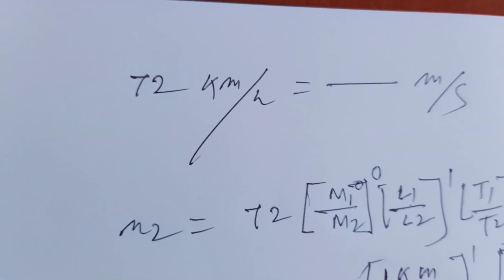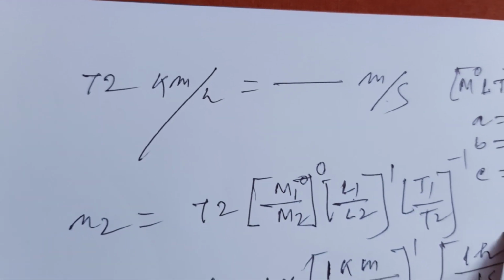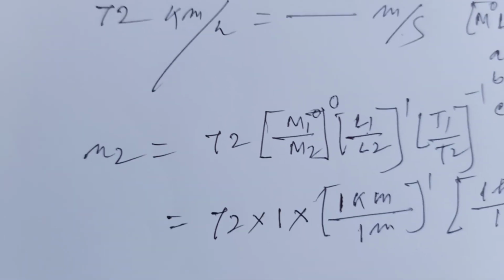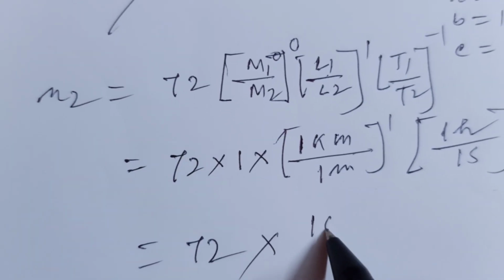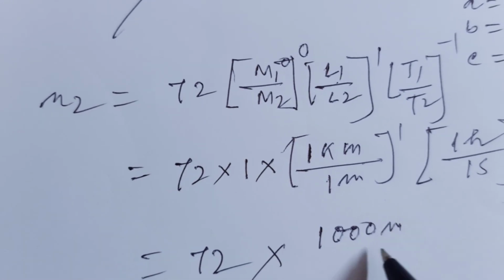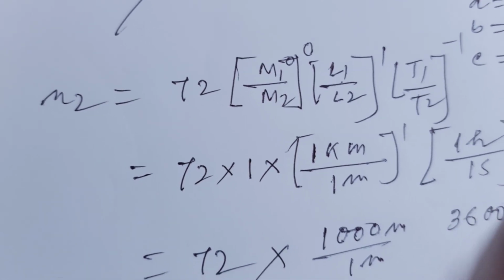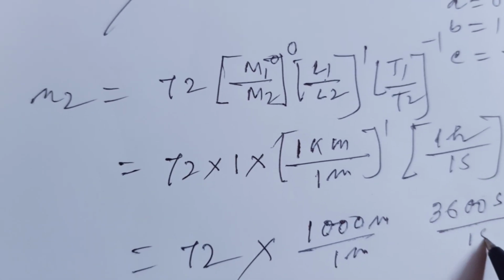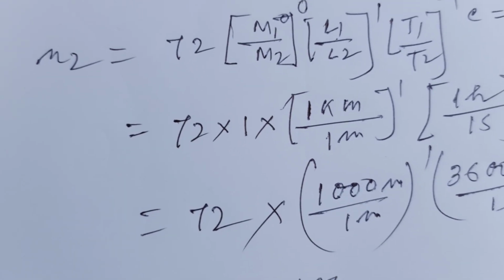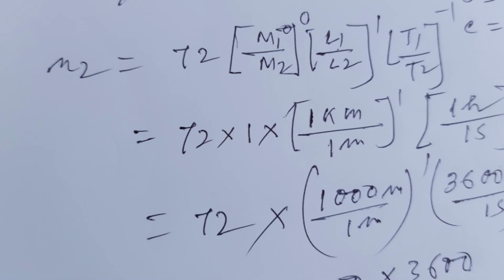So 1 hour divided by 1 second, to the power of 1. So 72 into 1 kilometer means 1000 meter by 1 meter, and 1 hour means 3600 second by 1 second, whole to the power of 1. So this is 1000 and this is 3600,